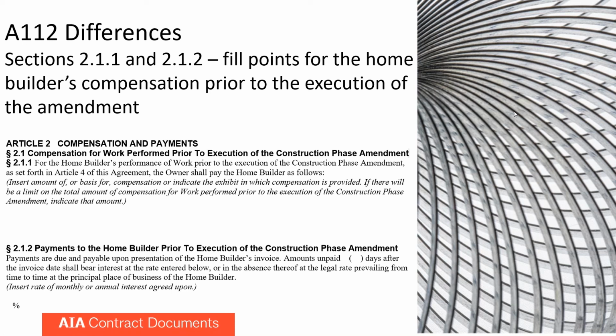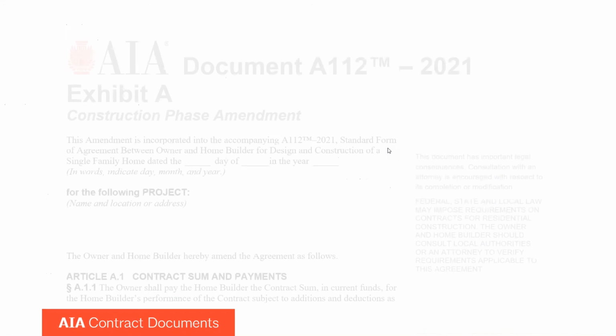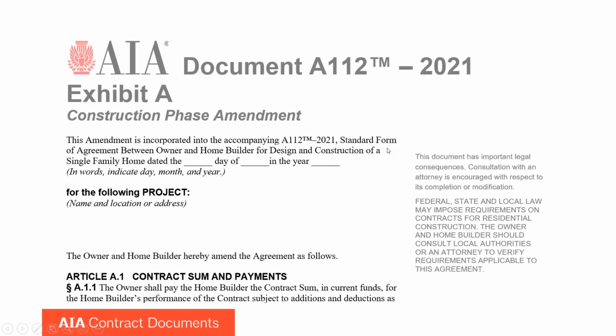It's the same format, but some of the numbering is different. So Article 2 of A112 contains fill points so that the home builder can be compensated for work that's done before construction begins, and that's usually the design work. The beginning of Exhibit A looks really similar to 111. Again, you have the date, which becomes the date of the contract listed here, and the project name and location with all of the